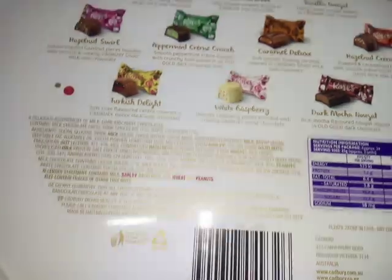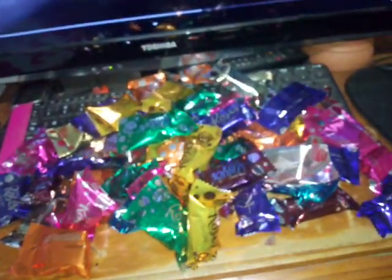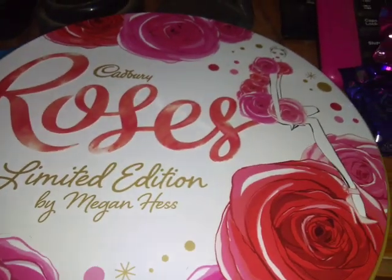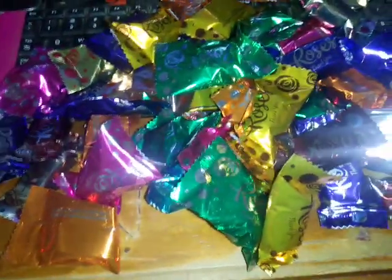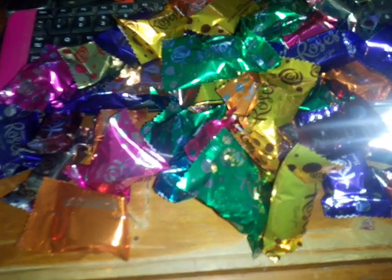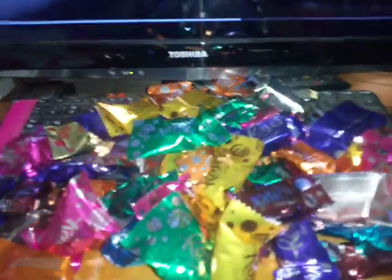This is obviously the Cadbury product, Cadbury Roses, as opposed to the Quality Street. Our last drop. So I don't know. I haven't tried any to tell you whether they're any better, but I mean everybody knows what Cadbury chocolate is. I think Quality Street are better myself, but